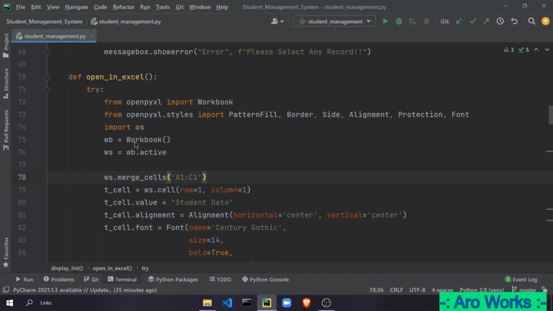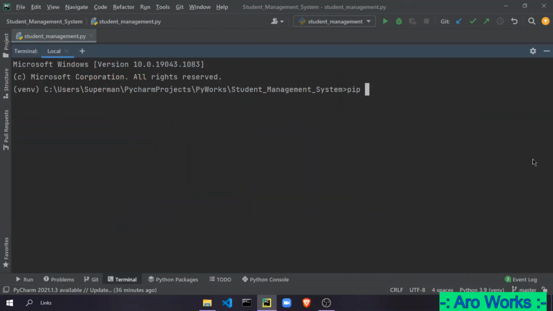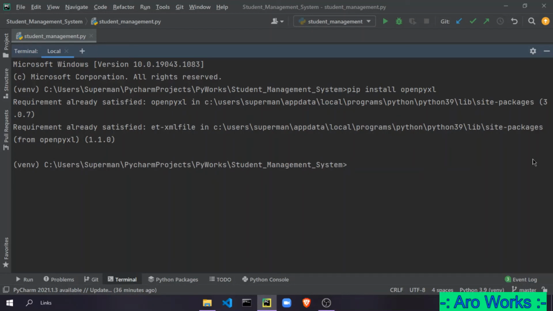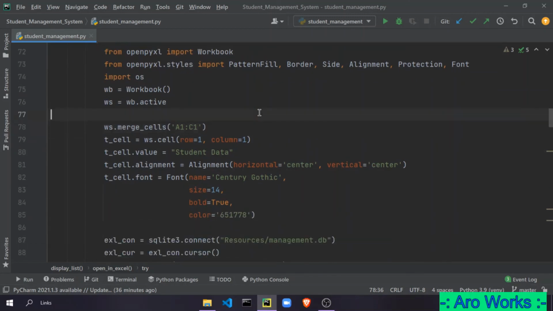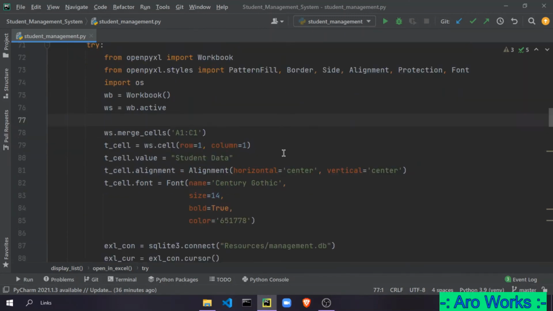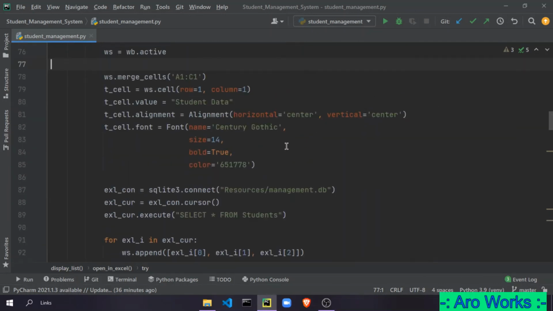So right here, pip install openpyxl and press enter, and it will show requirement already satisfied in my case. But in your case, if you don't have the module already installed, it will be different. Here I've embedded that in the Excel, designed this, border to 14, vertical center,